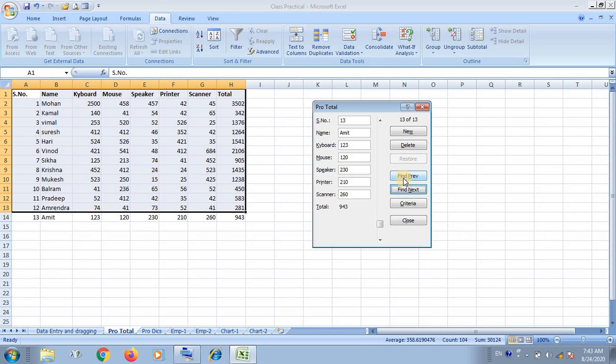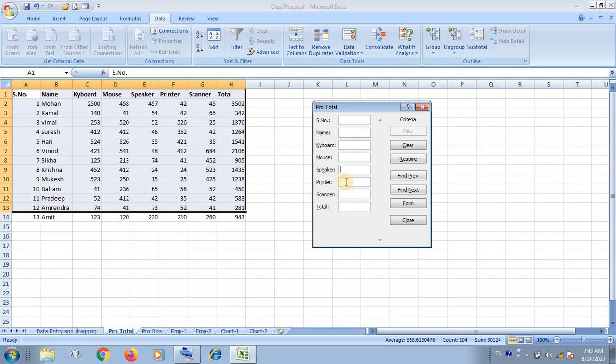In this way you are looking here at 5 records out of 13 containing more than 60 speakers. Again you click on criteria.